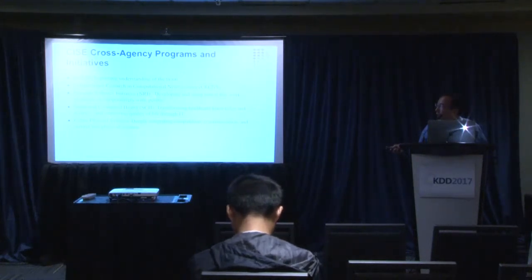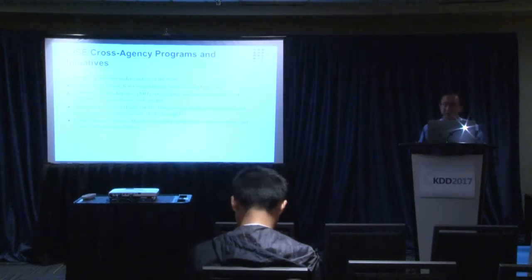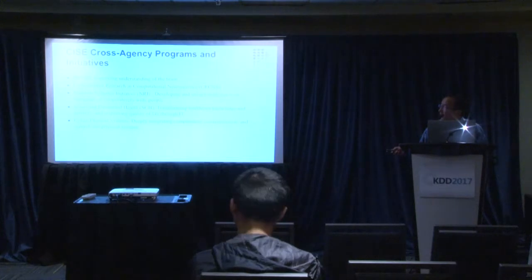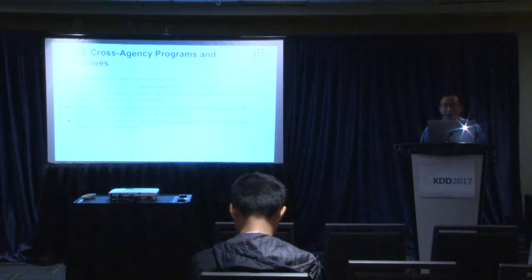So NRI, the National Robotics Initiative, involves NSF, NIH, DARPA, and other funding agencies, basically doing research related to robotics. And the Smart and Connected Health program is a collaboration between NSF and NIH. You're using data science, using computing to advance research related to health. And the Cyber-Physical Systems program also involves many funding agencies, and incorporates computing, communication, and control, including data